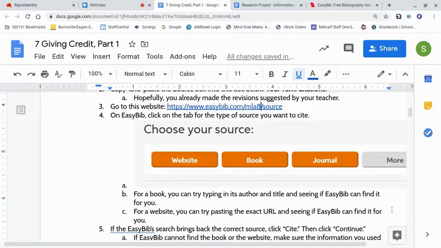For a website, you're going to paste the exact URL. It has to be the precise page. That means if you used multiple websites or multiple pages from websites, you're going to do this each time for each URL. If EasyBib search brings back the correct source, click Cite. Then click Continue. So for our example here, we're going to be using